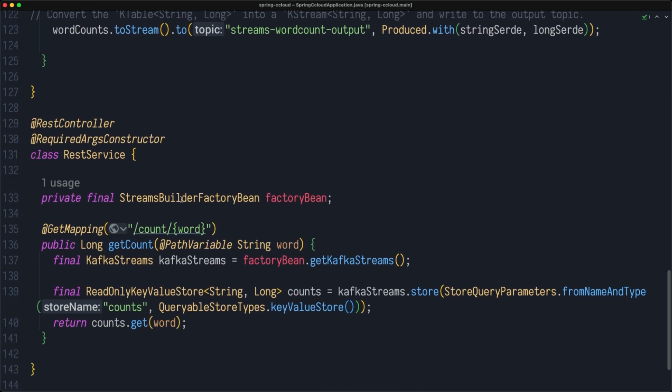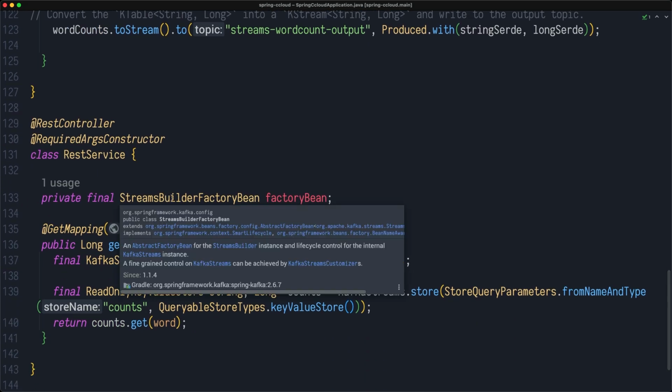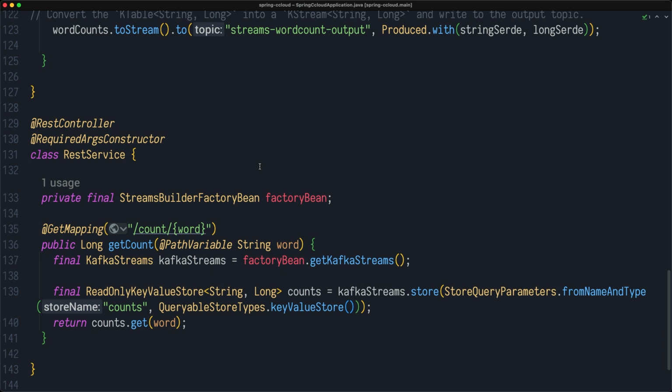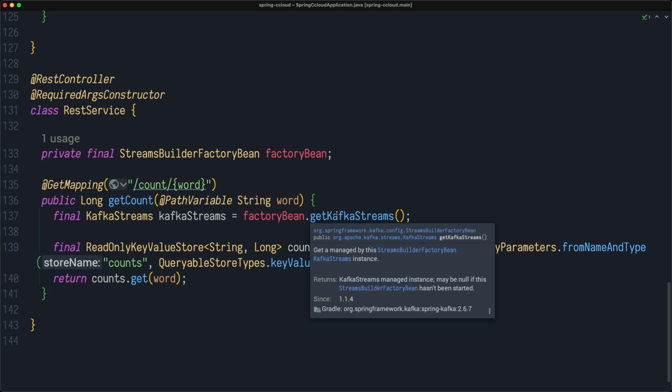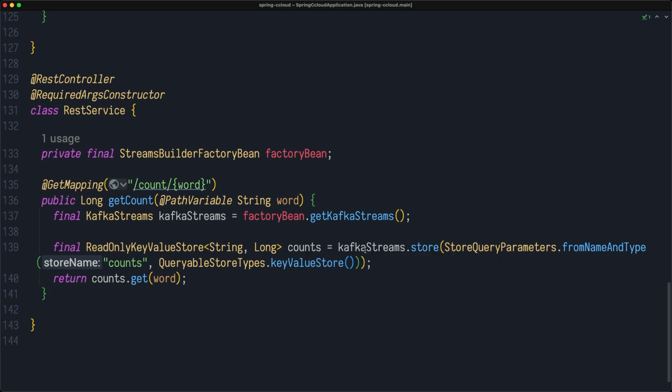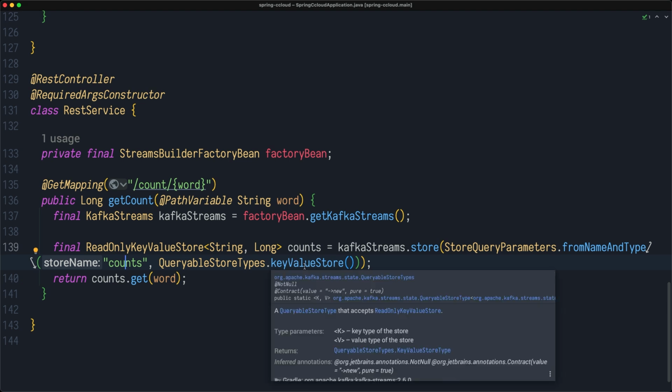Also, from this Stream Builder Factory bean, you will be able to get access to an instance of this application in case you need to get access to state stores like this one. I'm getting the state store for name counts, and the type is a key value store that allows you to expose this store to the outside world and make your application an API server.